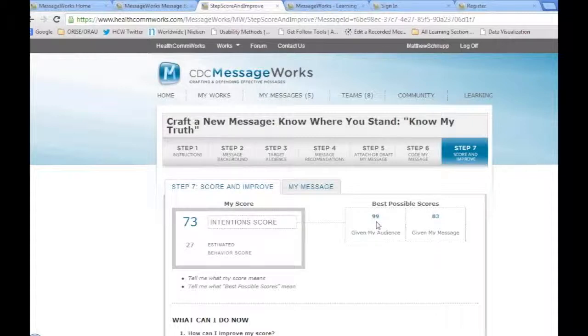So if there's some sort of recommendation from research that I have to improve the score, I can take those steps early on. I can include that before I bring it to my audience and have a better message idea going forward. And then the opposite scenario that's provided here with 83 looks at the reverse scenario. If I already have a message out there, which, for example, this HIV/AIDS campaign already has messages out there, I can't really change what the message is because it's already been published. But I could change who I give that message to.